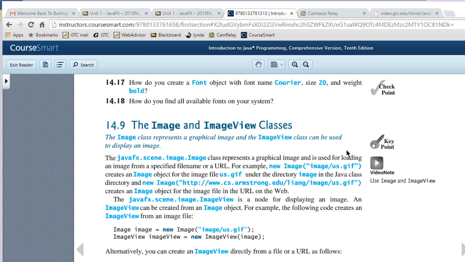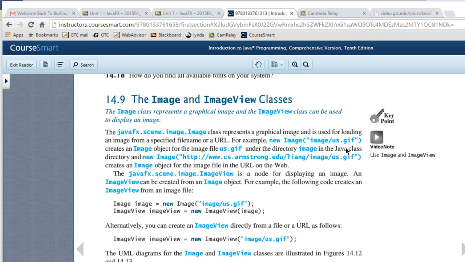Let's move on to section 14.9. Now we're at the bottom of page 549, and this is an important area too. We are looking at the Image and ImageView classes, and the reason these are important, as it indicates here, is that the Image class represents a graphical image, and the ImageView can be used to display an image. So you can see that one names the image, the other displays the image, and that combination is what we're